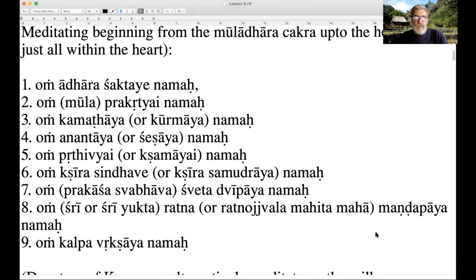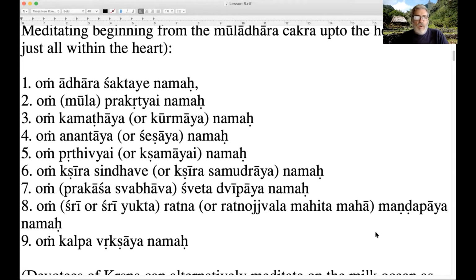We should chant the following: Om Adara Shaktaye Namaha, Om Prakrityaya Namaha, or it could be Om Mula Prakrityaya Namaha, right? Om Kamataya Namaha, or it could be Om Kurmaya Namaha. The alternate readings are given here in the brackets. Om Anantaya Namaha, or Om Sheshaya Namaha. Om Pratibhyaya Namaha, or Om Kshamaya Namaha, right? Om Kshira Sindave Namaha, or Kshira Samudraya Namaha, right? Om Prakasha Swabhava Svetadvipaya Namaha, right? Or it could just be Om